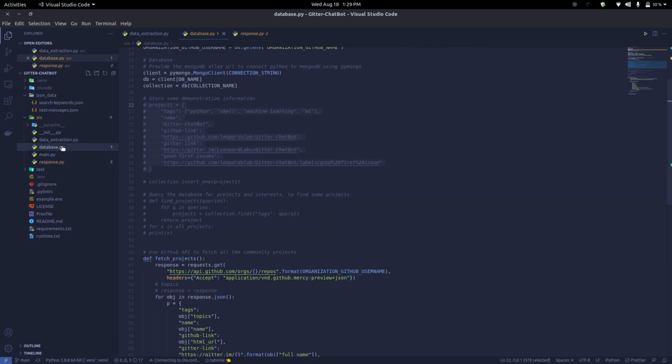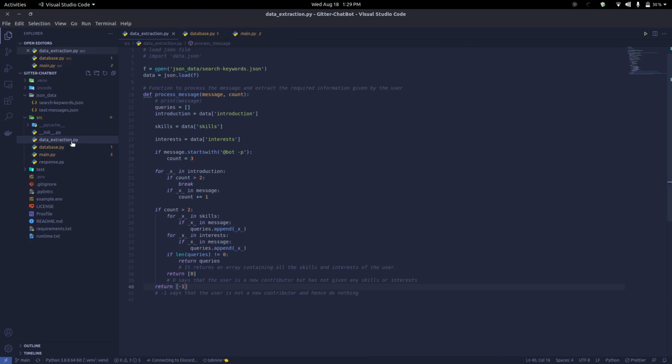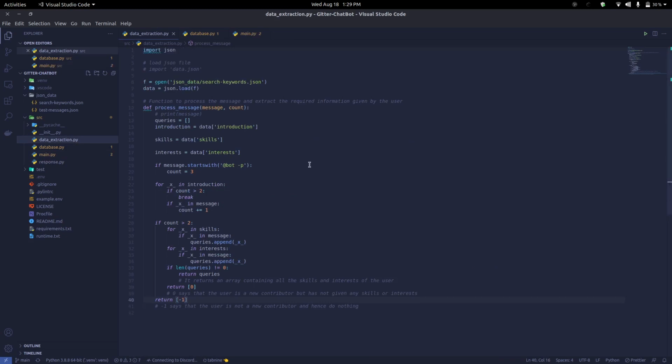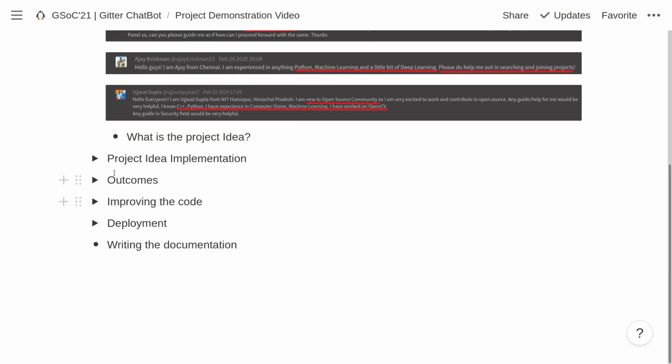Okay, so this was the response.py module, and I think I have covered all the modules. Yeah, I have covered all the modules, and now we can proceed to the next part. We have discussed the implementation. I have discussed the MongoDB, and now we can move on to the next part, which is,